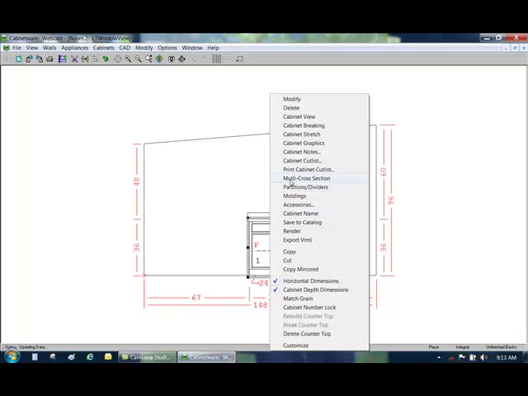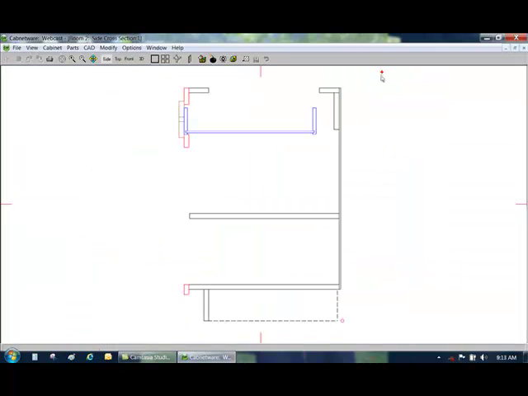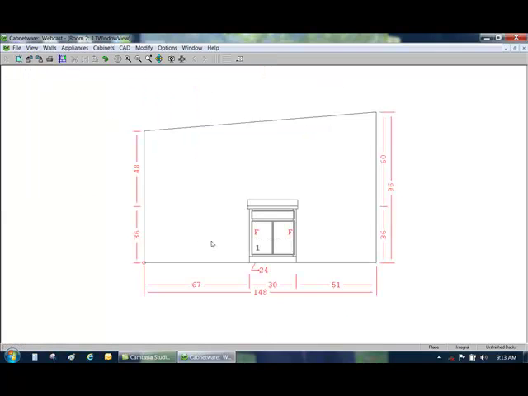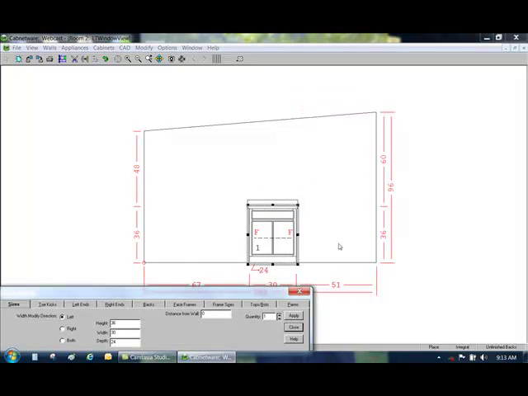Right click and go to Multi-Cross Section here. You notice here in the side cross section, double click on the menu title bar there, you can see here I am using stretchers inside of this construction, not a full top. But if I go back to elevation view, click on my cabinet, right click and choose Modify, go to Tops and Bottoms, you'll see that we have a new feature here called Full Top. Select that,